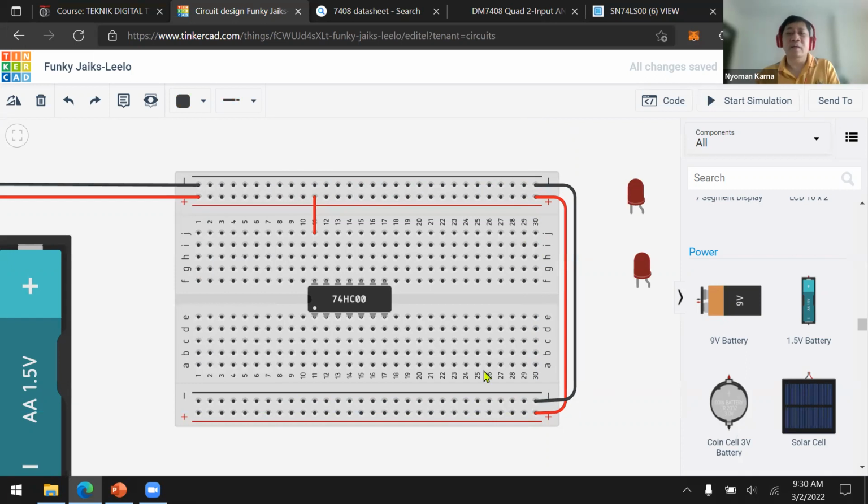Now, this one is the ground, so let's put it in here. Now we already power the 7400.